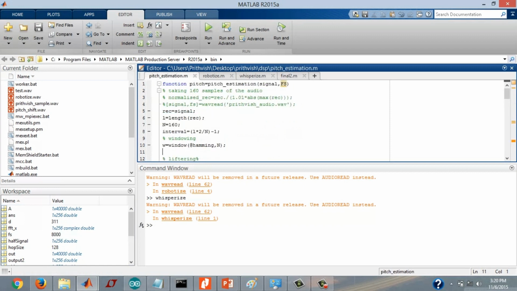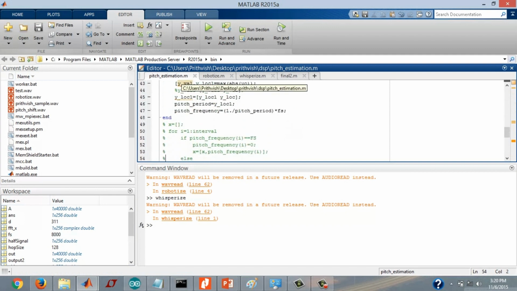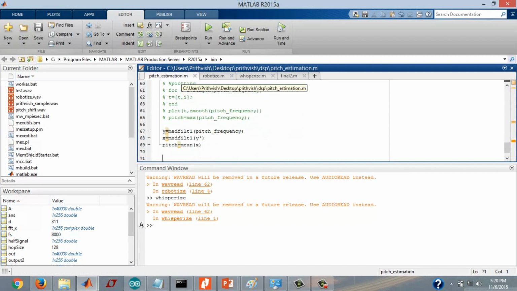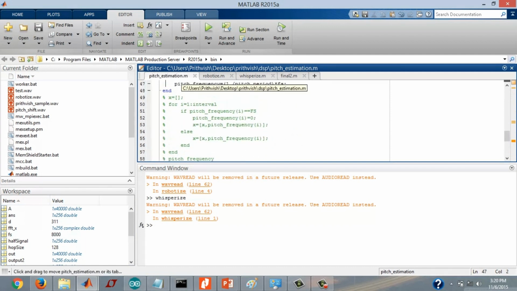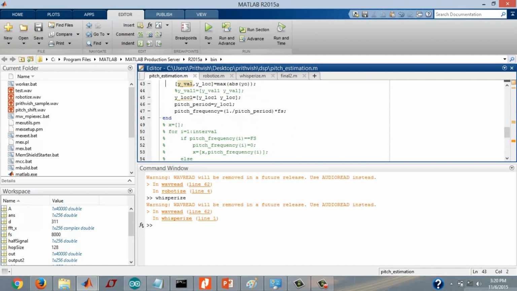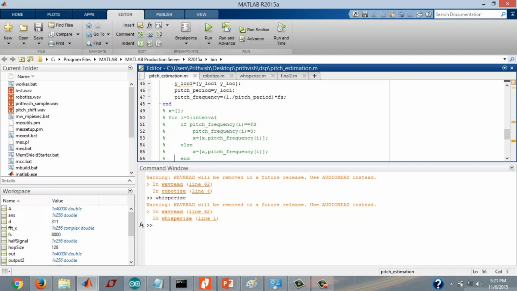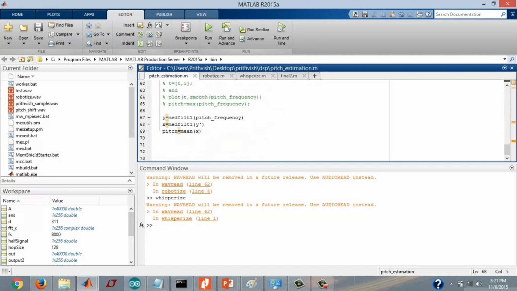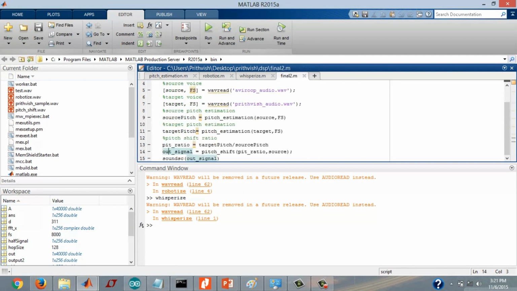So for pitch estimation we converted our signal into the cepstral domain, and after this, to get the pitch, we found the point where the y value is maximum. The corresponding x value is our pitch period, and from the pitch period we can get the pitch frequency. Now after that we took all the windows and then we identified the pitch frequencies. So this was pitch estimation, and for pitch shift we just use the phase vocoding technique. Now if I run this code,